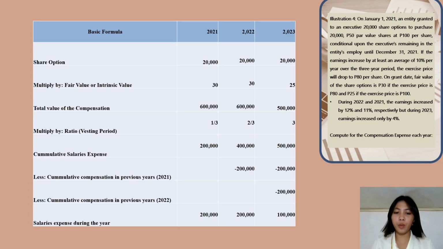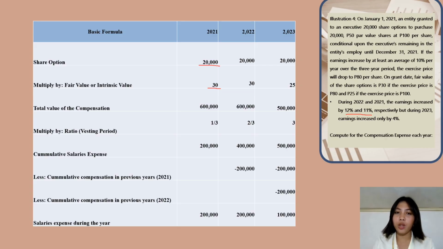So kung wala man nag-mention of number of employees, diretso ta sa compute sa share option. So share option 20,000. I-multiply sa fair value. Kay 2021 man ni, di ba ingon nga kung mo-increase at least 10%, ang ilang exercise price is 80 per share. So 30 atong fair value nga gamiton kay ingon diri nga during 2022 ug 2023 ang earnings ning increase og 11%, so pasok sa 10%. So 30 fair value atong gamiton. Naa tay total compensation of 600,000